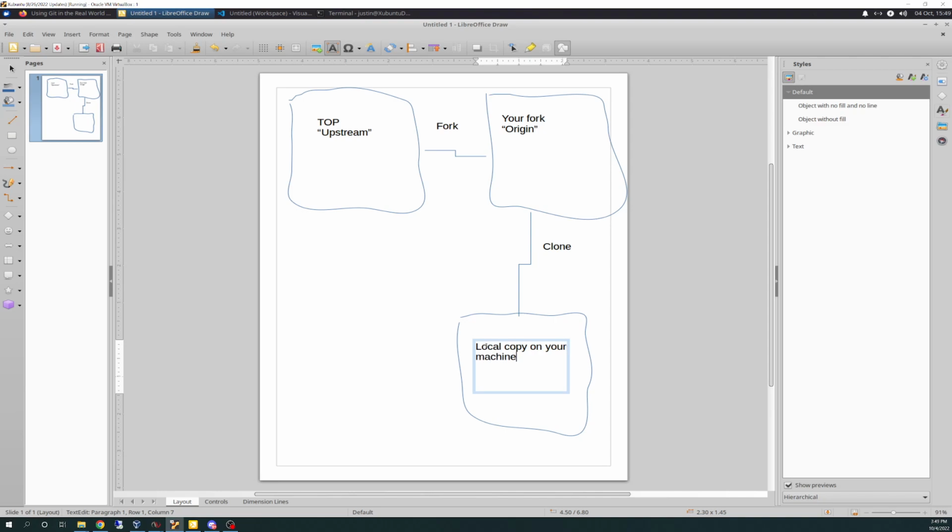Okay, or if you will, the local copy of the fork. This is where you'll do the work. Create your changes here, test it out, work with it, and then after you're done and you've validated that it works, what you're going to want to do